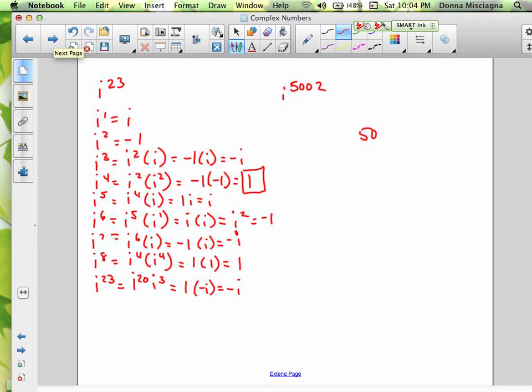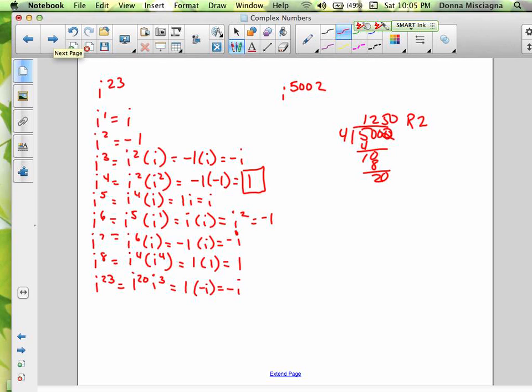But if I take 5,000 and divide that by 4, it's going to go in 1,250 times, but we want 5,002. I knew 5,000 was a multiple of 4. We want 5,002, so there would be a remainder